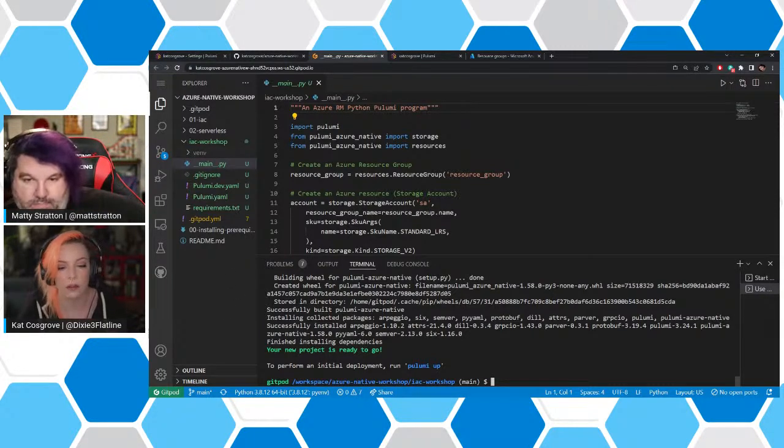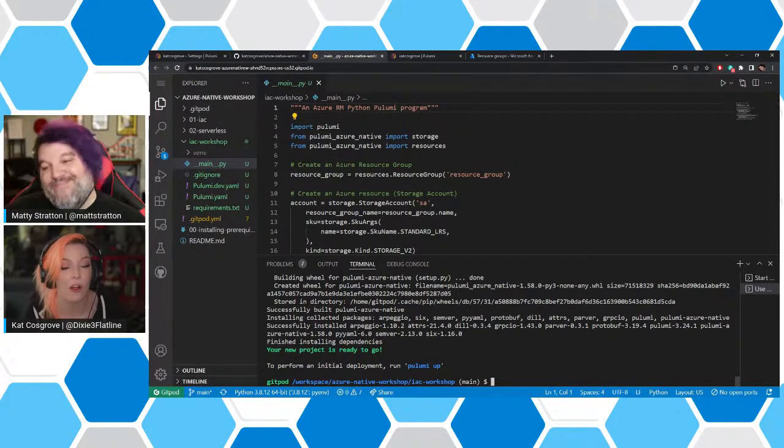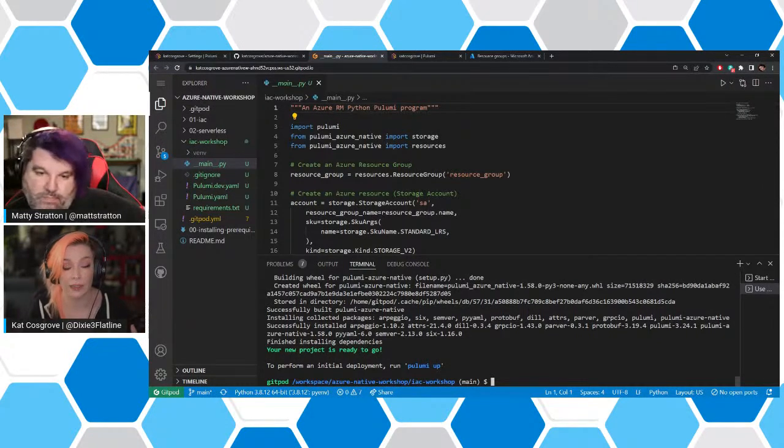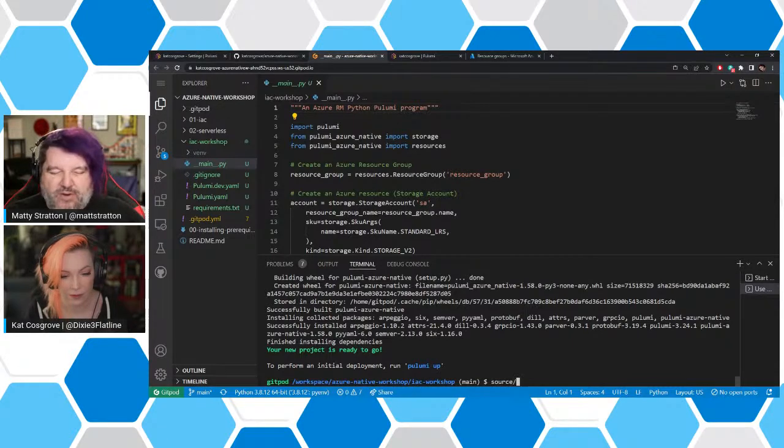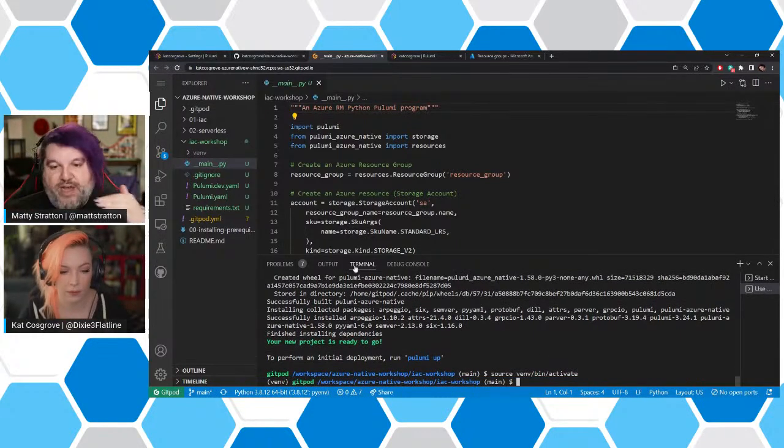Things exist inside of a virtual environment, inside of a bubble, when you're working in a project, ideally. I can go and install all of these requirements globally, in this entire container, but that's bad practice, and we try to avoid it because it gets really messy really quickly. It's like in Node, where unless you specifically install a Node module globally, it installs just in the context of the project. A virtual environment in Python is like that.